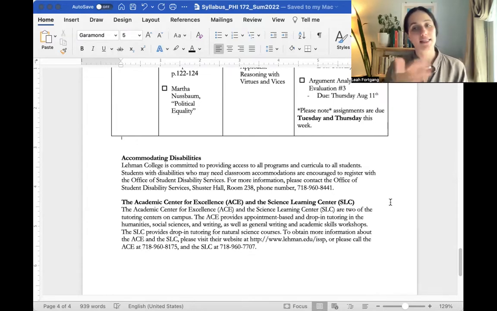Anyone that has a disability, or has spoken with the disability offices: if you need some kind of accommodations made in the course, it would be great if you could let me know. And if you are worried that you need some kind of accommodation, something on file so you could maybe have longer time to complete assignments, something like this, then there's the information for disability services.